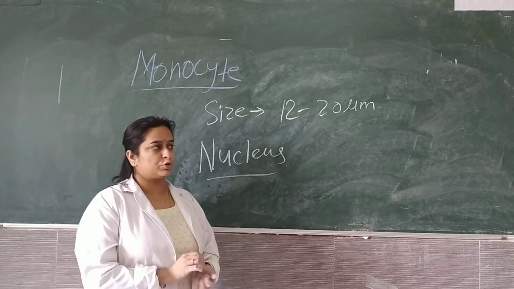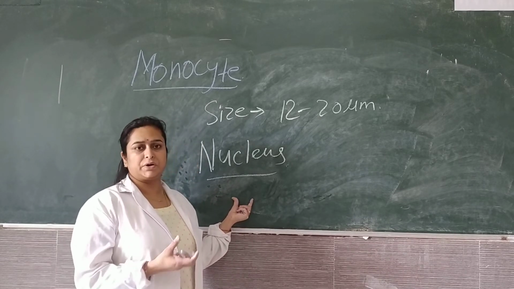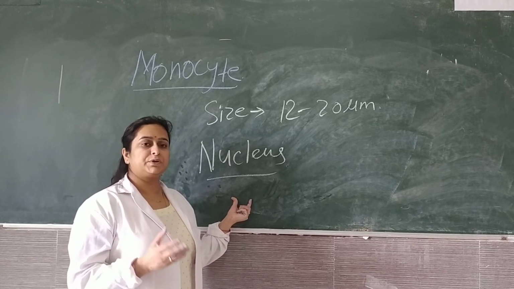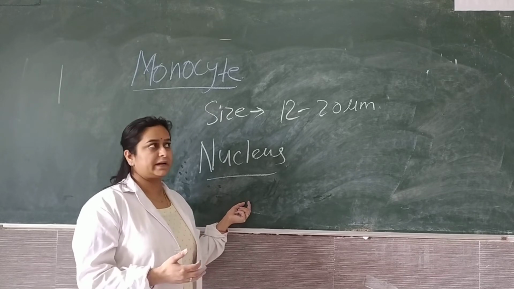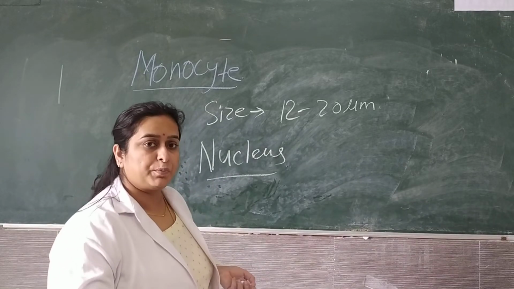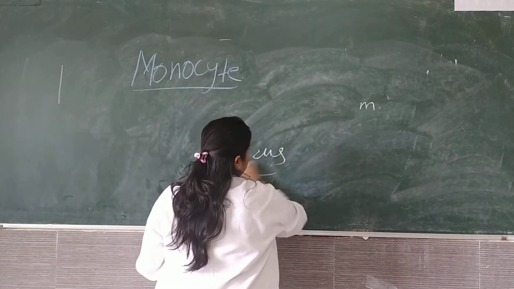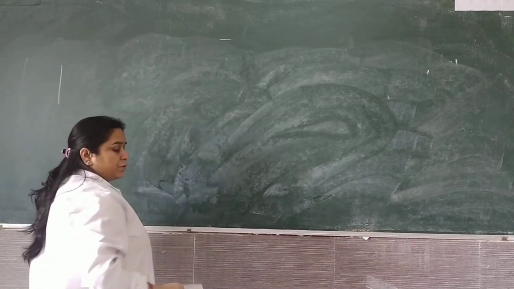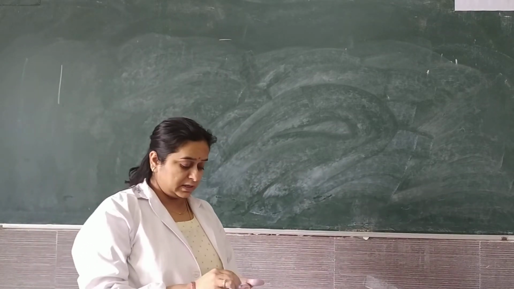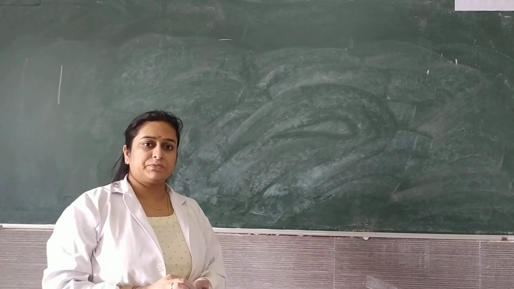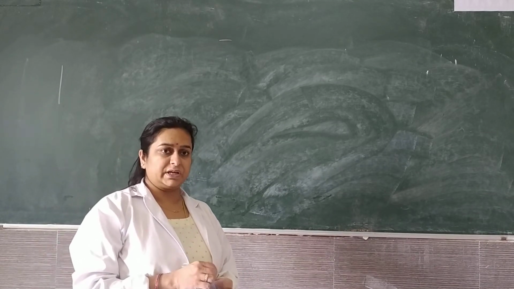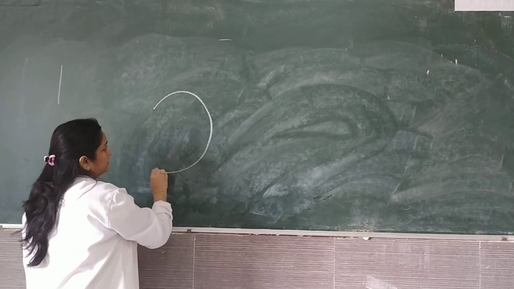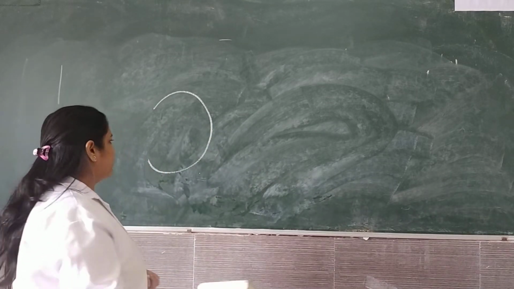When we work under the microscope, especially in physiology lab, when we do our practical, students come across this difficulty: how to differentiate between a large lymphocyte and monocyte. There are a few key points to remember. I will discuss those key points. I'll make 3 diagrams which will help us better understand the identification of these cells. First, I will draw a small lymphocyte.